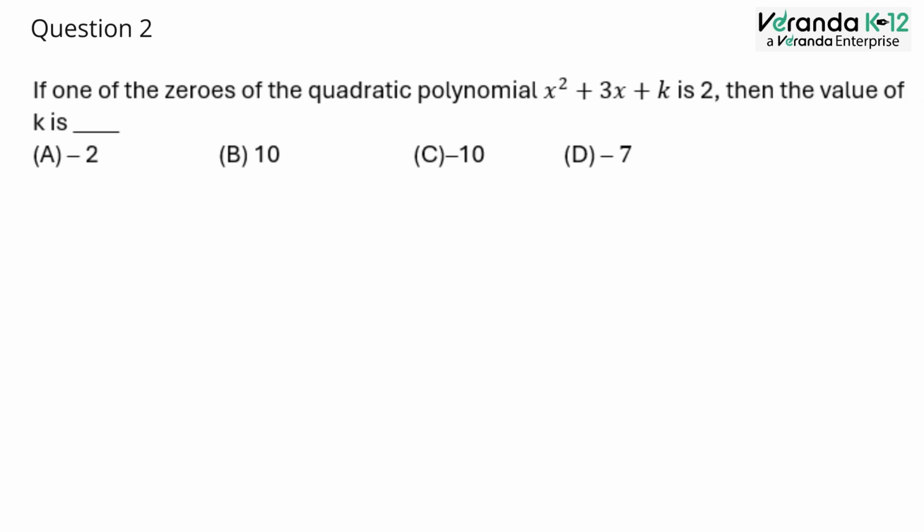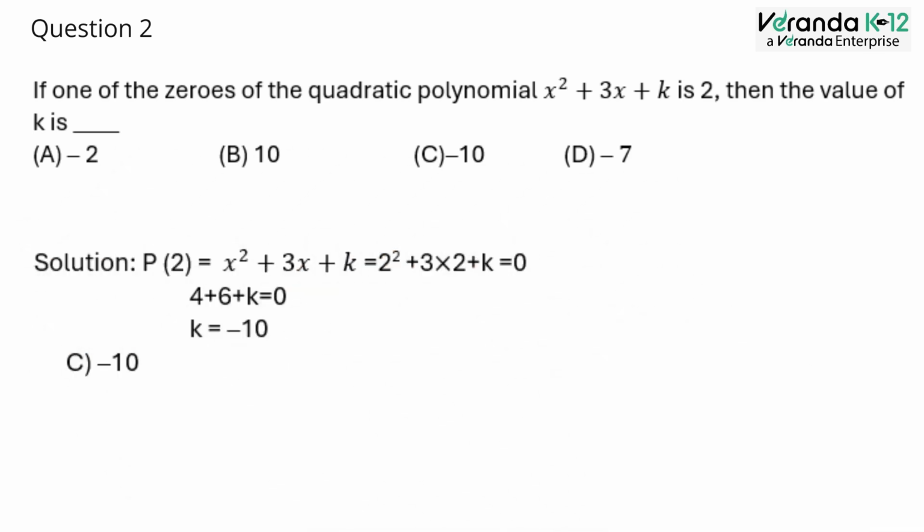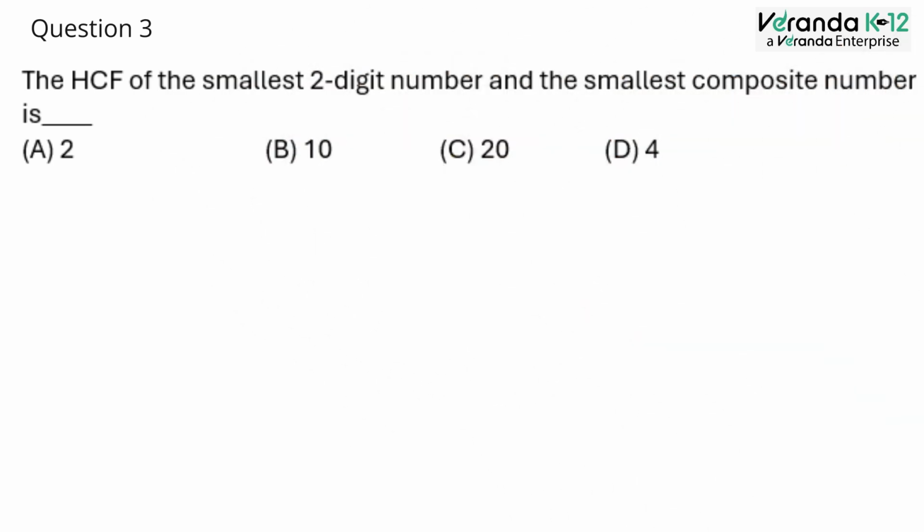If one of the zeros of the quadratic polynomial x square plus 3x plus k is 2, then the value of k is, so on substituting 2 in the place of x, we have p of 2 is equal to 2 square plus 3 into 2 plus k equal to 0, or 10 plus k equal to 0, k is equal to minus 10. Option C. Third question. The HCF of smallest two-digit number and smallest composite number is,